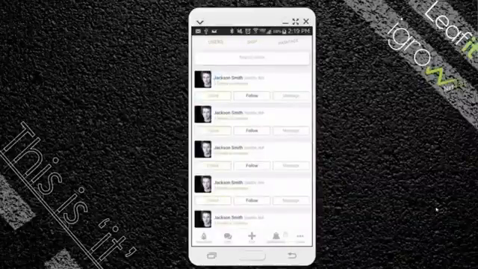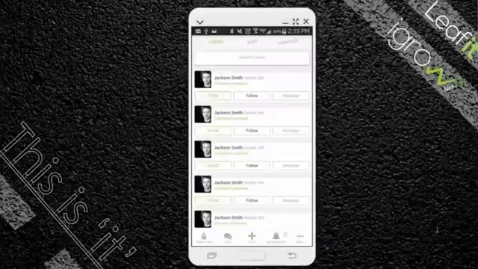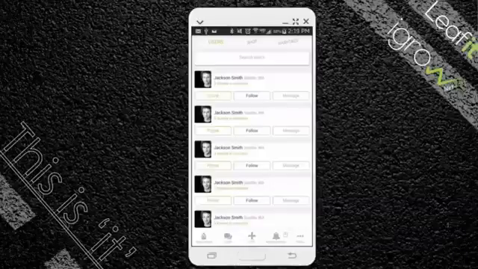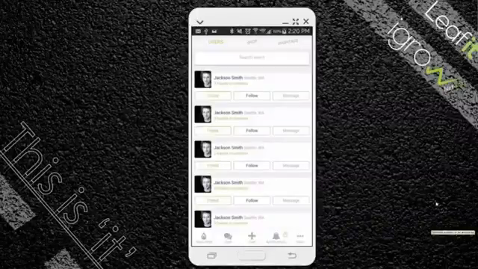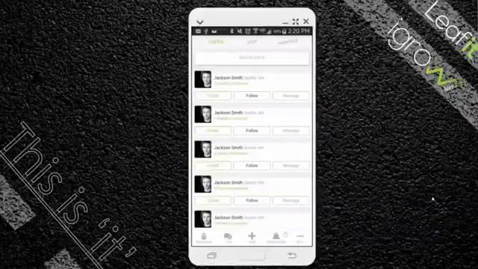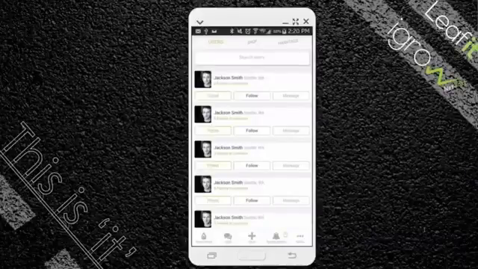There you go. All right, so searching users, this is where you'll be able to find users. We'll recommend users to you, popular users. You can friend them, you can follow them, message them. The only difference between friend and follow is when you're following somebody, you're following their public posts. When you're friends with somebody, they're giving you access to everything that they're sharing, besides wish lists if they choose not to. So let's say that I added somebody as a friend and they said no thanks. Then I'd be following their public posts. But anything they're sharing privately with just their friends, I would not have access to.